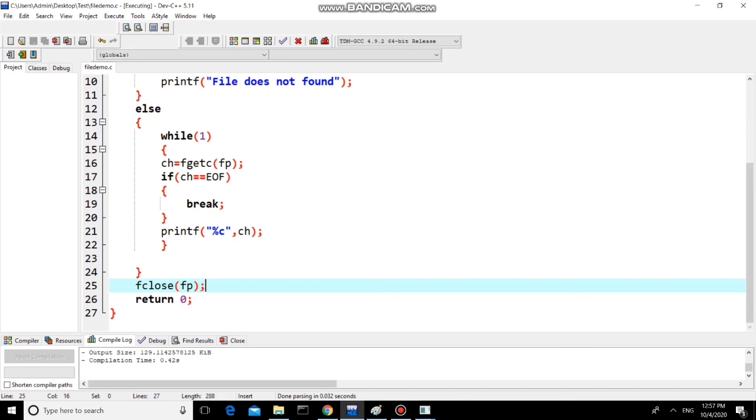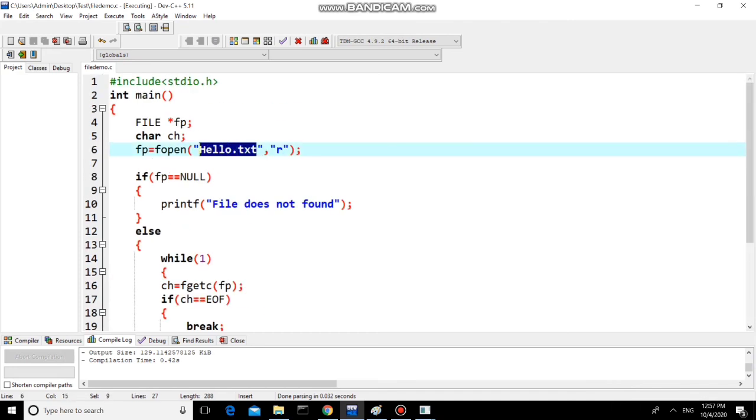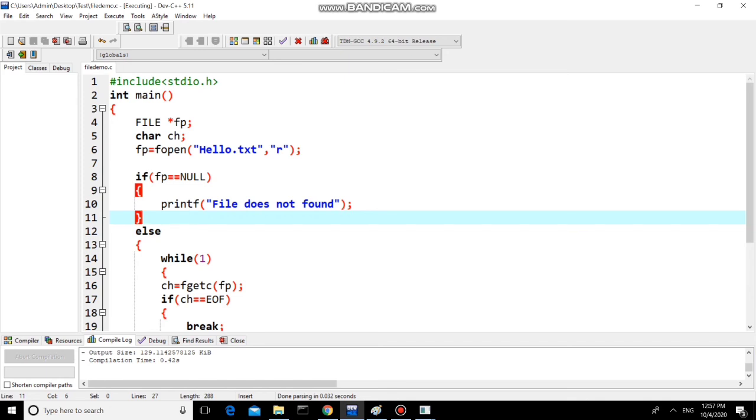If you want to close multiple files, instead of using multiple fclose calls, you can use only the single function fcloseall. So it will close all the files, and it will return the count of how many files were closed by the fcloseall function. Right now we have opened only one file, so I used the fclose function with the file pointer, that means the file to which this file pointer is pointing. So the hello.txt file will be closed. So this is the simple operation for reading the content of a source text file and printing it on the output screen.